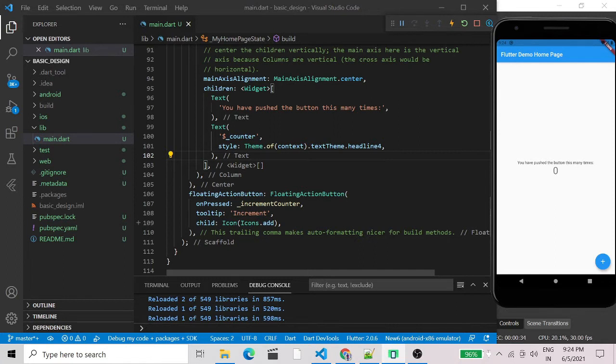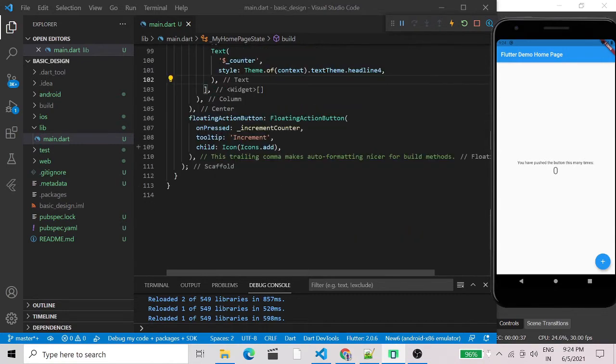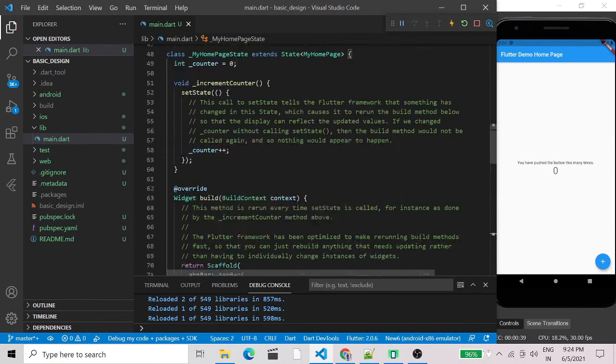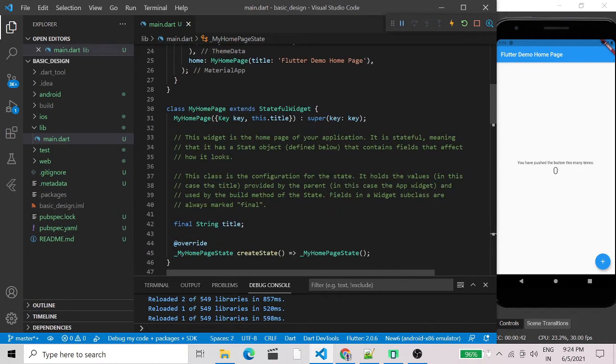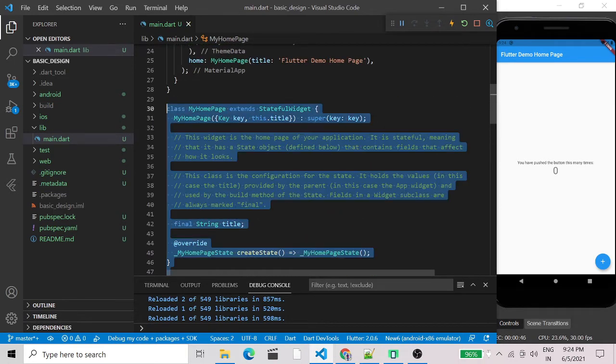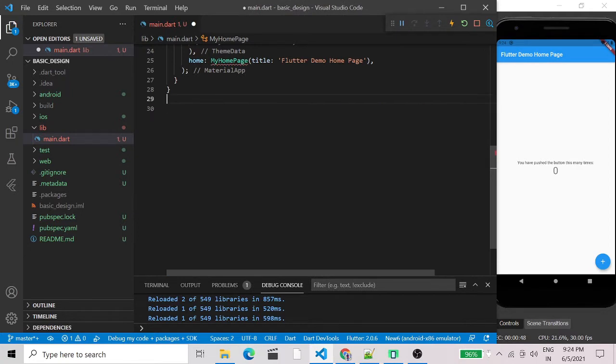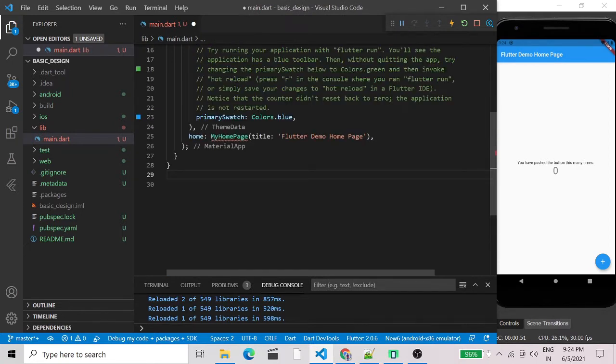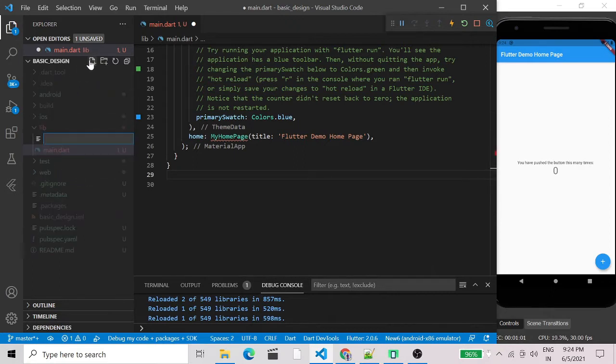Now let's create a new widget. Before that, let's remove this basic code that has already been generated by Flutter commands. I am removing my home page widget, or the class, from here. Now you can see the error comes up because I have deleted the previous code, or the MyHomePage classes. Now go to the lib directory and create a file called basic_design, or you can give it any name according to your convenience. I'm going to name it basic design because we are creating a basic design app.